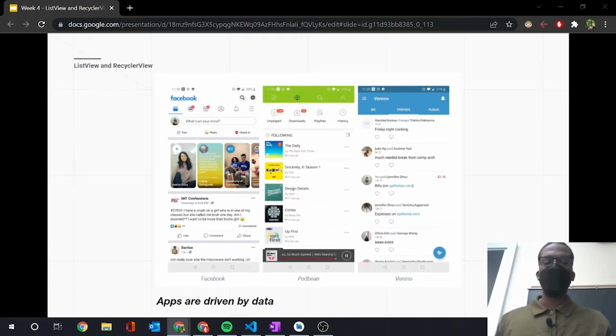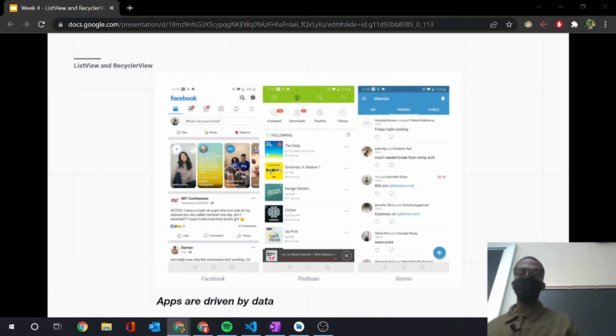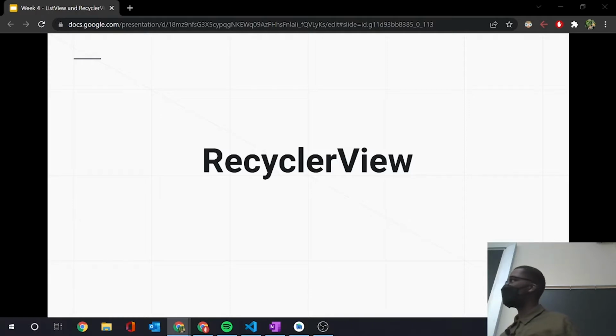And you may be thinking to yourself, how can we get views like these from simple list views? And if list views are bad, then what should we do? List views seem very limiting and don't really allow for a lot of flexibility. For example, in a Facebook post, we have to account for the profile image, the username, the emoji reactions, the various action buttons like commenting, sharing, liking. So this employs more views than just plain text, which is why we have to use RecyclerViews, which is our next view.